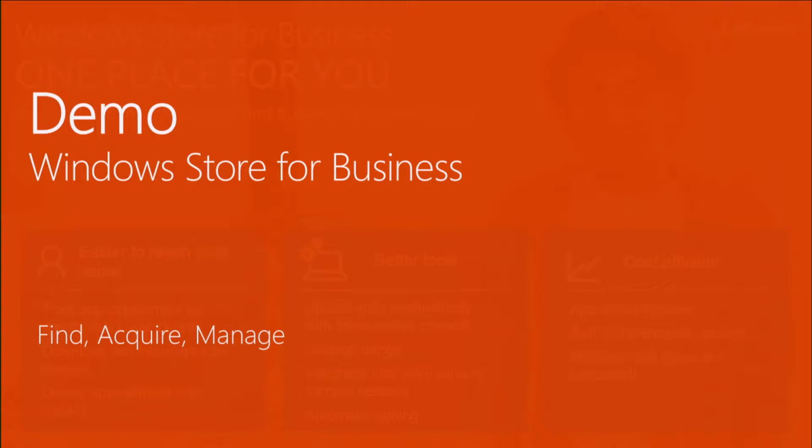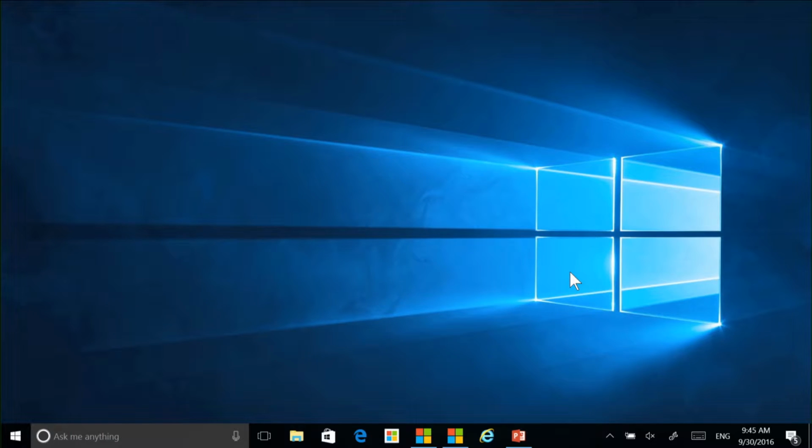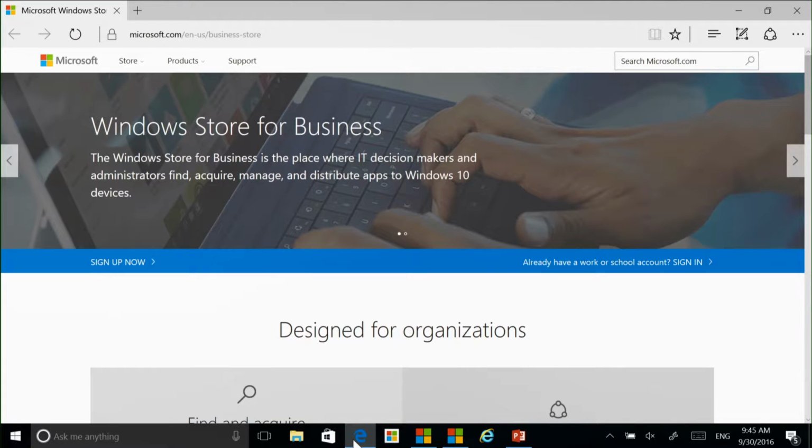So I think it is a great place to jump into the very first demo, just a very quick demo of Store for Business, where we would show you the portal for purchasers, where purchasers and administrators can come in, acquire apps, manage the inventory, and then we'll roll over to the next demo where we will show how to distribute those apps. So I'm here on my Windows 10 machine,